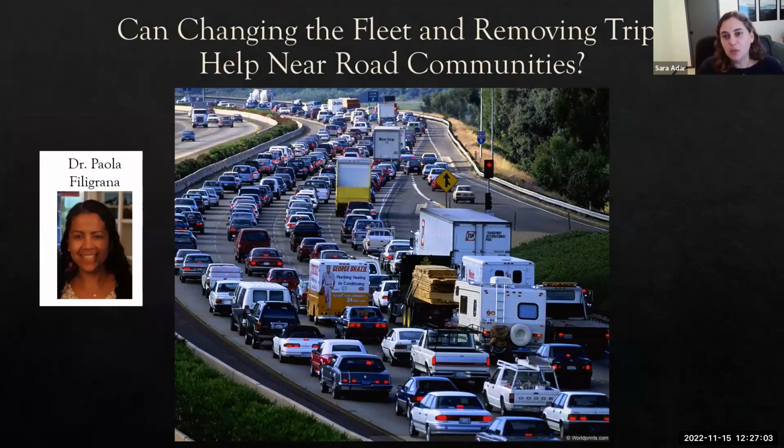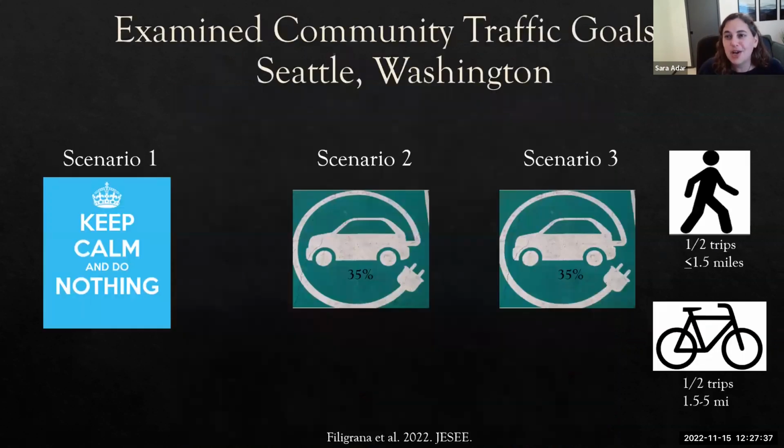Okay, so those findings were restricted to school buses. And another former student of mine, Paula Filigrana, who's now in New York City, asked a slightly different question that was more broad. What she was asking was whether or not you could really just change the fleet as a whole, and whether or not you could change the way that people use their cars to improve health. And what's interesting is rather than doing a natural experiment, like what I did in the past 2 studies, she asked this hypothetical question,